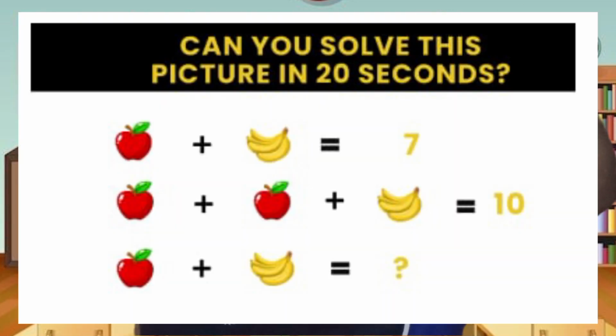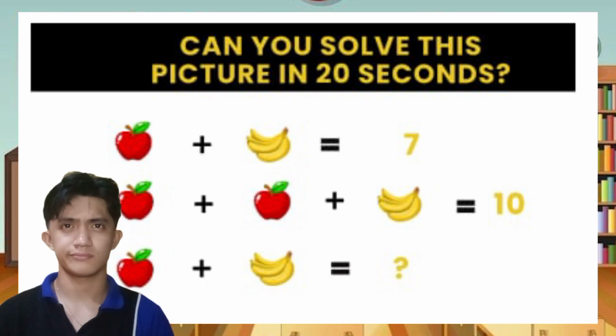Class, look at the pictures on the screen. What do you notice about the picture? What do you think the apples and bananas represent? How can we use these relationships shown in the picture to form equations? Can you identify two equations based on what you see? How can we find the value of each fruit? When